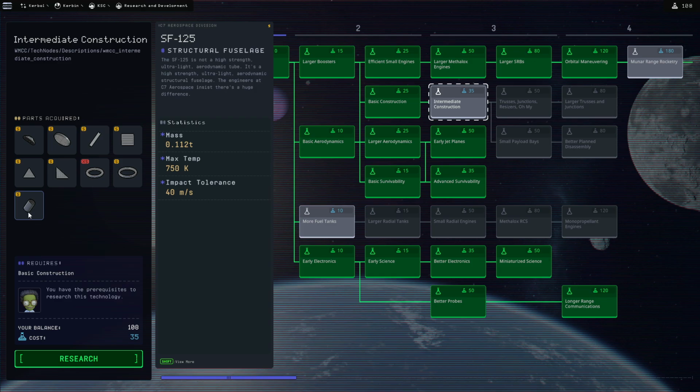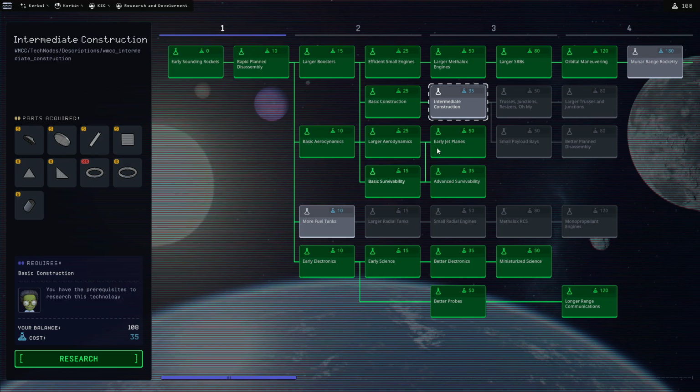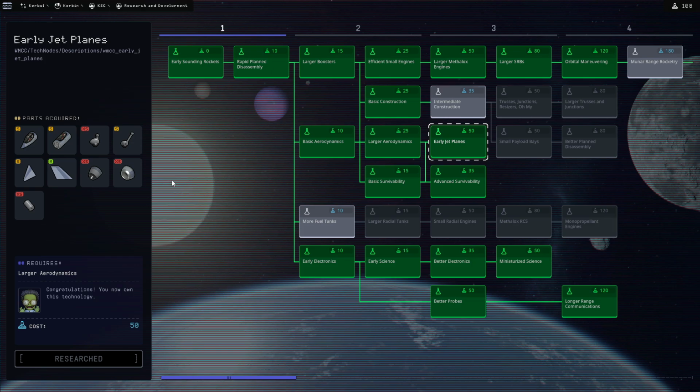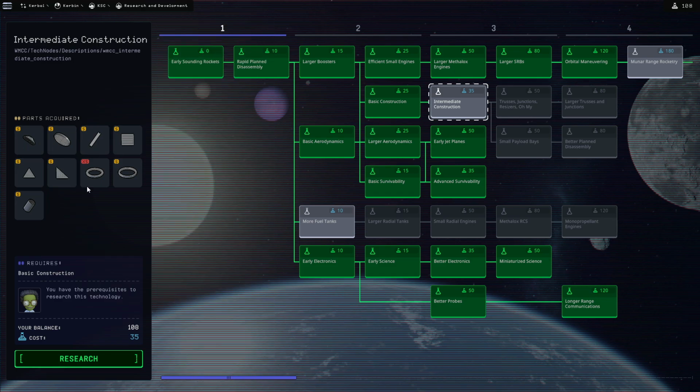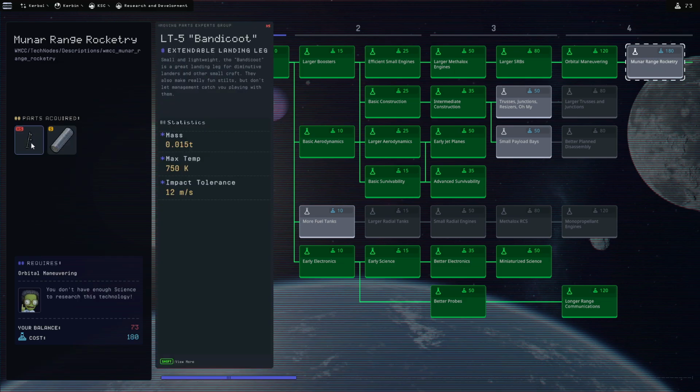And I have the structural fuselage. That means that if I want, I can start to build real planes, but I don't want to. So let's have structural panels. It could be great, for example, for my solar panels to do something nicer. I don't know. Okay, let me research that, and I keep the rest for the lunar range rocketry to land